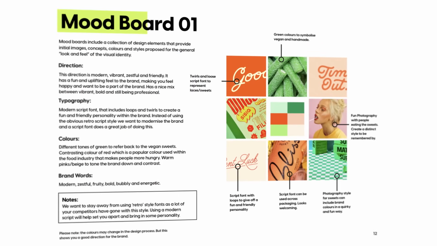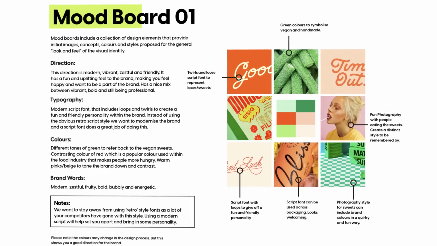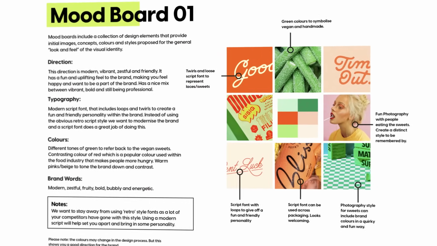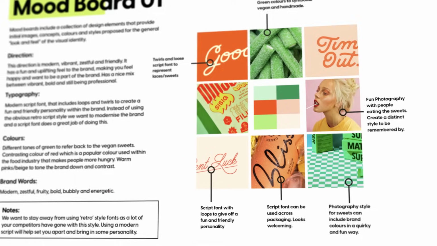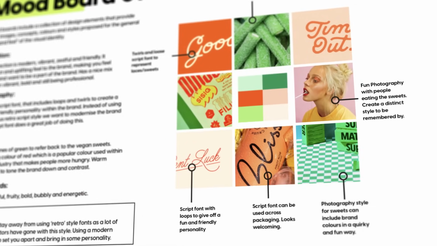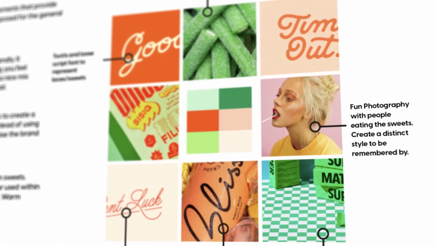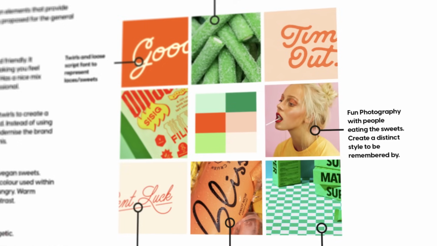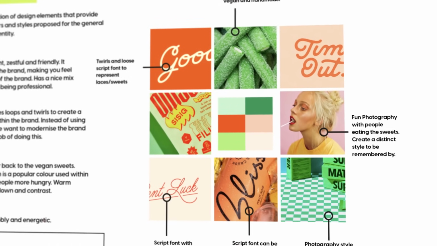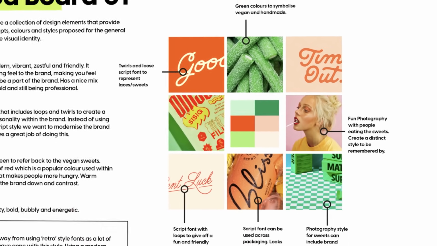So within this, I have already created this so you can see it as an example. You can see the mood board is slotted nicely on the right hand side of the page, and I've actually annotated some of the individual images so it is super clear for the client so they can understand exactly why I have chosen that imagery and what it means to their brand. It is crucial as the designer that we put things in really simple terms